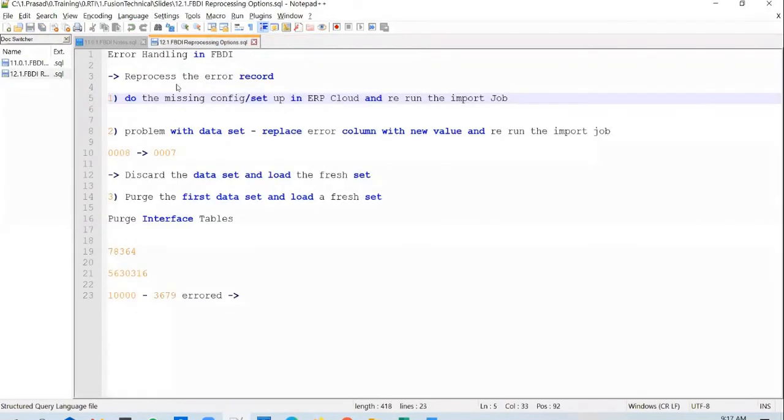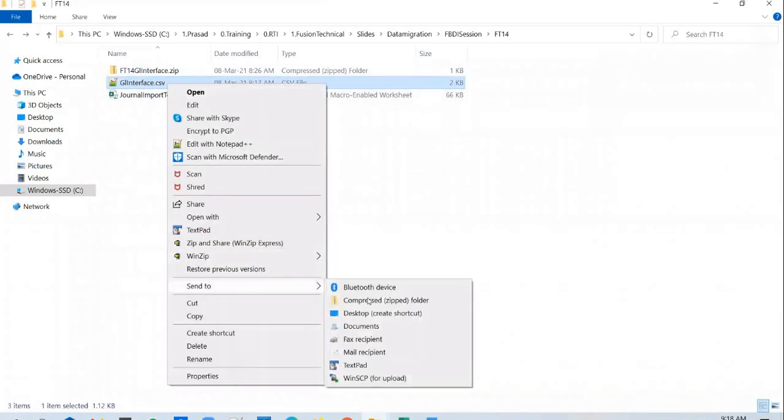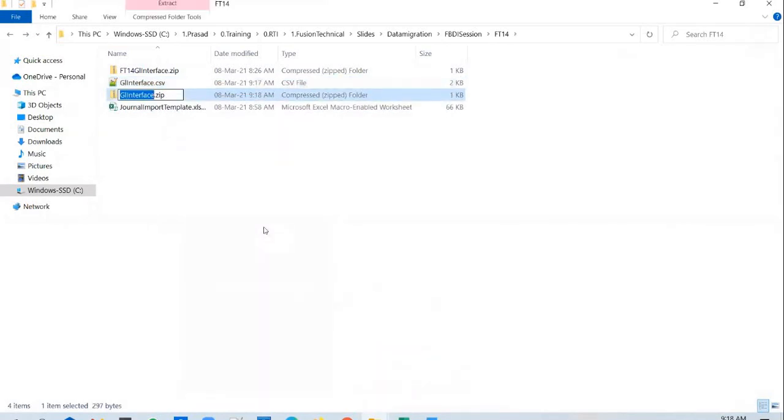Load it in. You could make the change in the Excel sheet as well and generate a CSV again, but I don't want to go through that process. So send it to compressed folder, and we call it FD14 error 1.